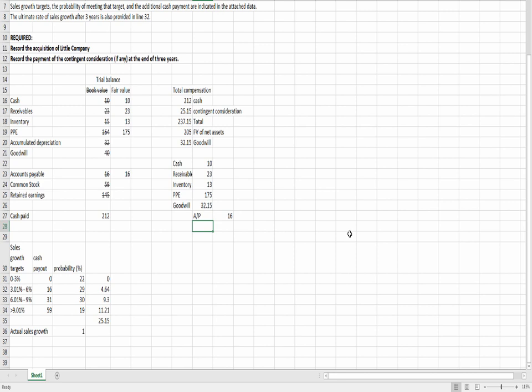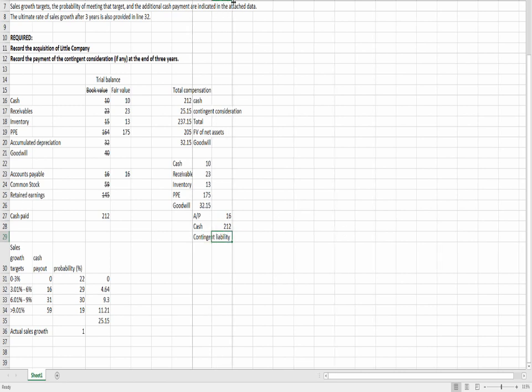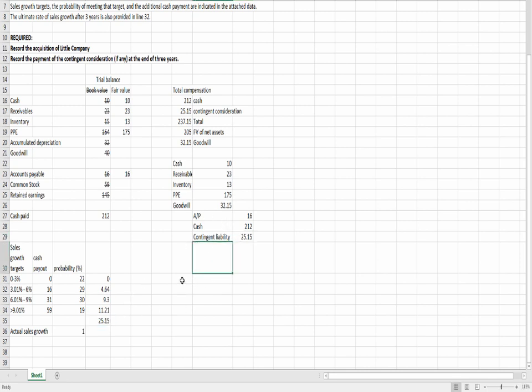And what are we paying? Well, we're writing a check for $212, and we're also putting ourselves on the hook for a contingent liability in the amount of $25.15. Okay, so that's the acquisition. Again, we've acquired a bundle of assets plus some goodwill. We've assumed a $16 liability, and to get all that good stuff, we gave out consideration worth